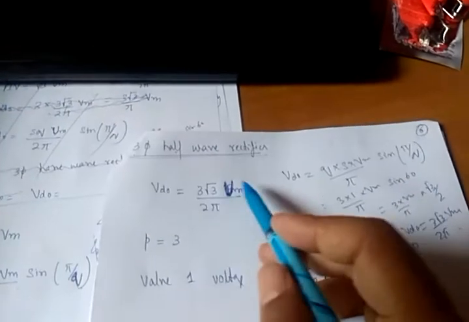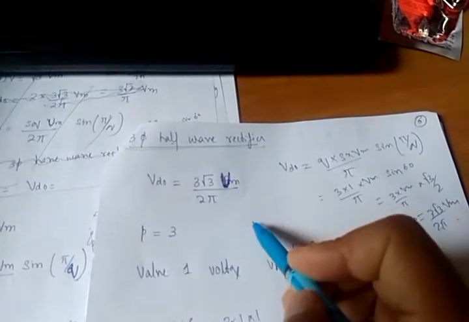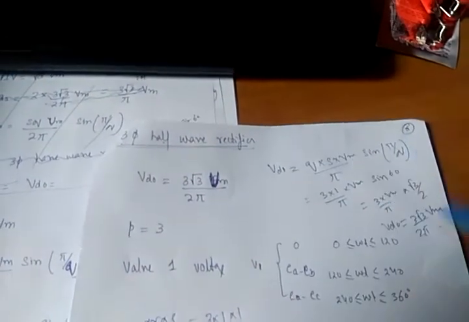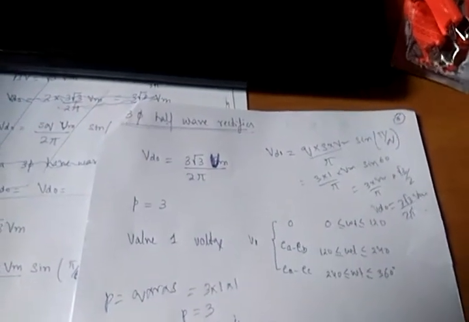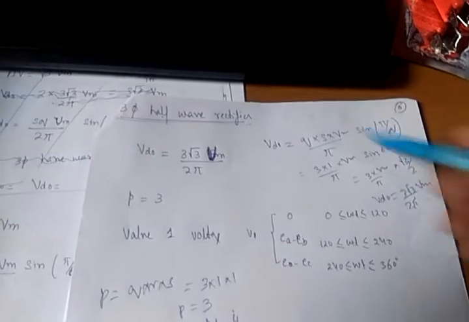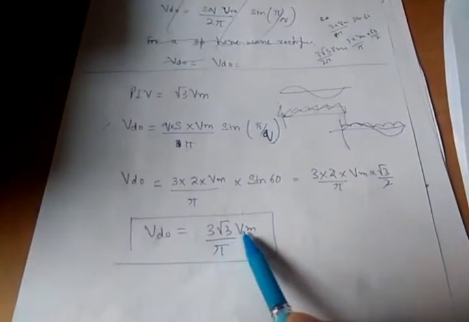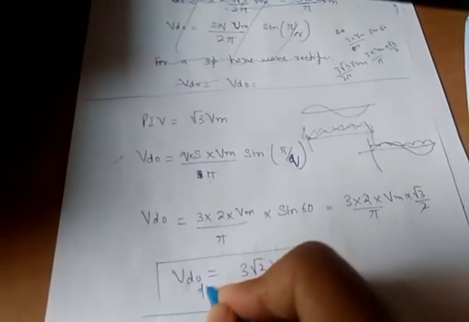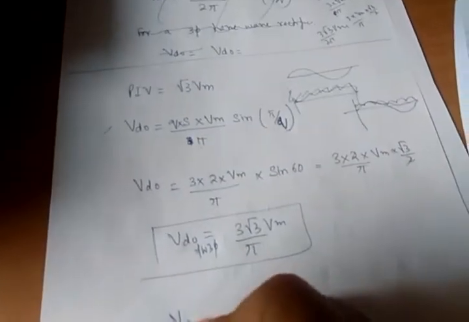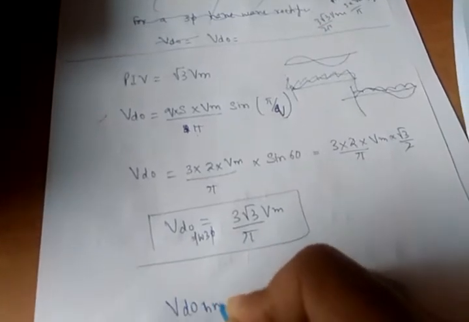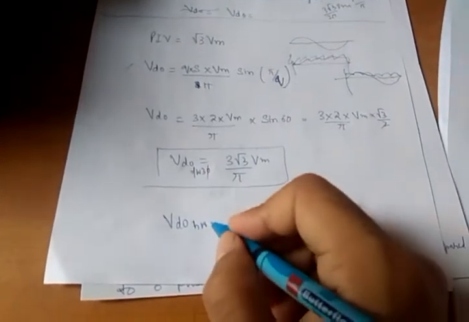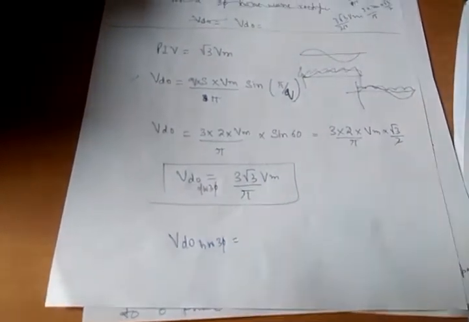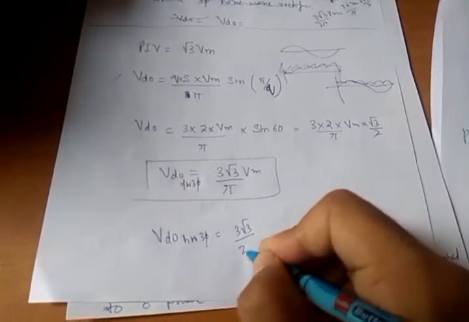Okay, but often when you solve power electronics problems, you will integrate and then solve. So I am giving you a direct formula here, because it will consume time to derive that formula. So simply, you can use this method and get the formula. But for a full wave rectifier, Vd naught is equal to 3 root 3 Vm upon pi. This is for full wave 3-phase, and Vd naught for full wave 3-phase is 3 root 3 Vm upon pi. For the half wave 3-phase rectifier, it was 3 root 3 divided by 2 pi into Vm.